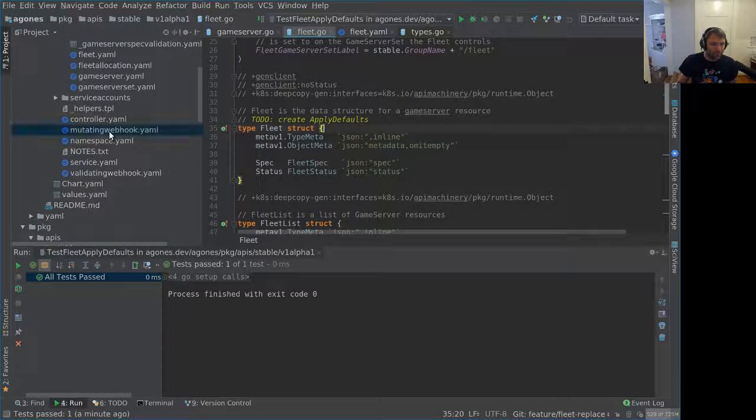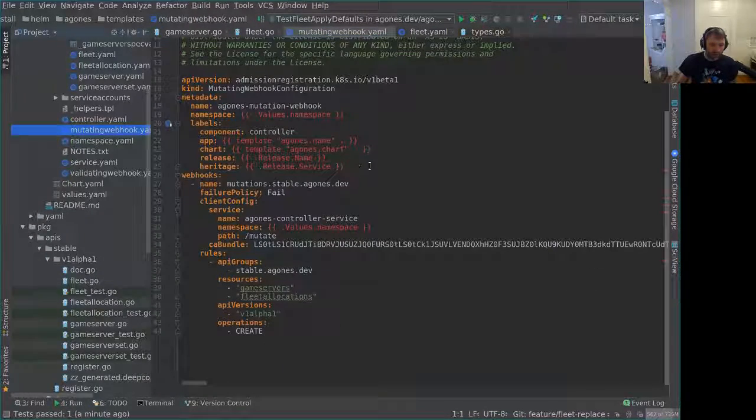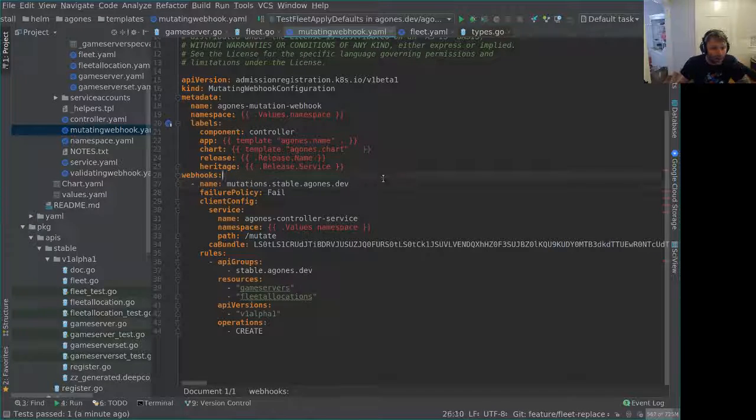Where are we? So, mutating webhook. Let's set this up. So what have we got going on here? Mutating webhooks are webhooks that intercept, I should put it that way, intercept when things happen to resources inside a Kubernetes cluster, and you can mutate them, strangely enough. I've got some plumbing code that already does some of this work, basically routing this configuration through to the appropriate places in code. So I don't have to do a lot of this work other than, let's make it